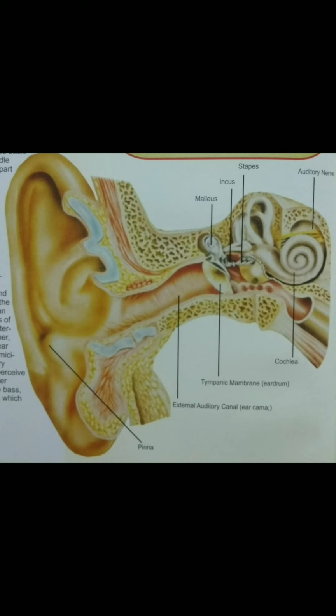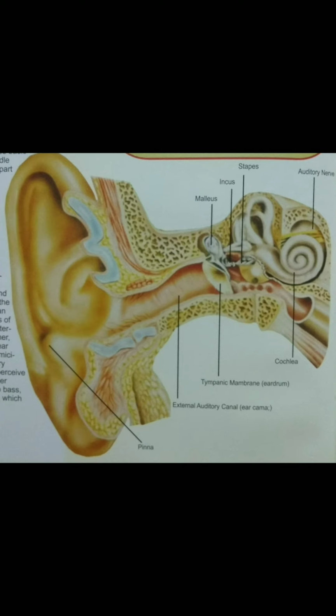Then the sound waves pass through the auditory canal. So here you can see the auditory canal. The vibrations of sound pass through this side, and then there we can see a tympanic membrane. That tympanic membrane is called the eardrum. During compression, the tympanic membrane or eardrum moves inside, and during rarefaction it moves outside. So thereby it creates consecutive compressions and rarefactions, which produce vibration in the tympanic membrane or the eardrum.